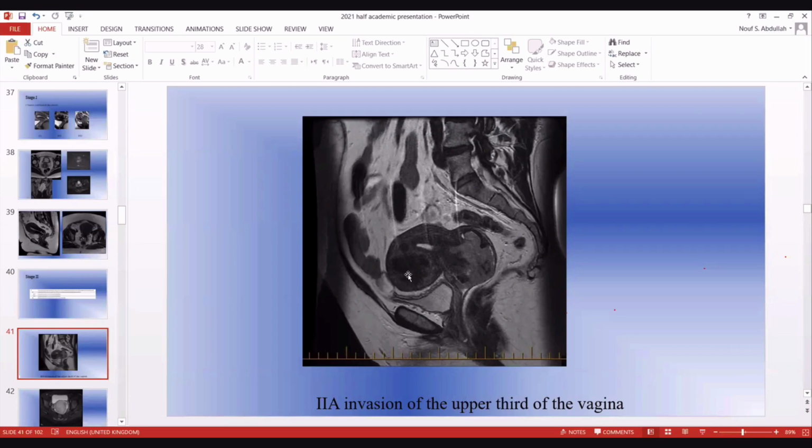So if we look at this case, we have an enlarged uterus. You have your endometrium that looks okay. And then you have the area of the cervix that is enlarged. You have the anterior myometrium asymmetrically enlarged with a focal low signal intensity mass. So the appearance of this is suggestive of fibroids. There's not much differential diagnosis identified. And then when you look at the cervix, you see that you have